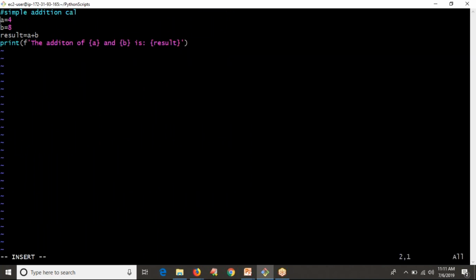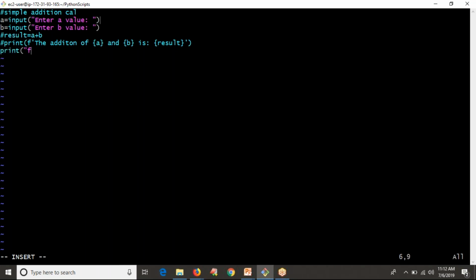Then what I can do is, instead of a equals to 4 always, I am going to read my number from the command line. For that, this is the syntax, input, enter a value. Whatever you are writing inside the input parentheses in terms of quotations, that will be printed as it is on your command line. Then let me take b also, input enter b value, right? So as of now I am not going to perform the result because I want to show you something.